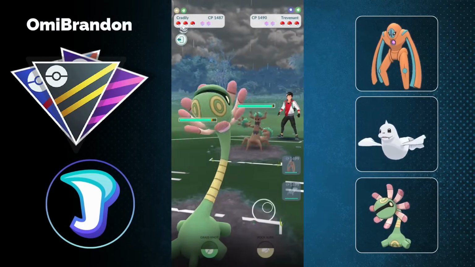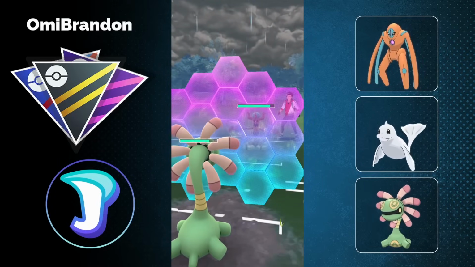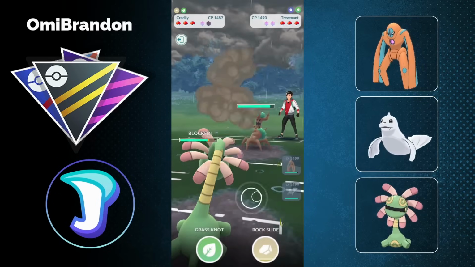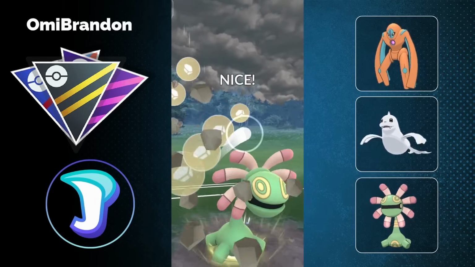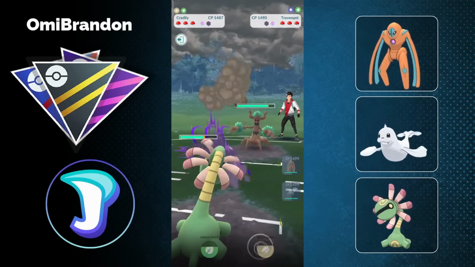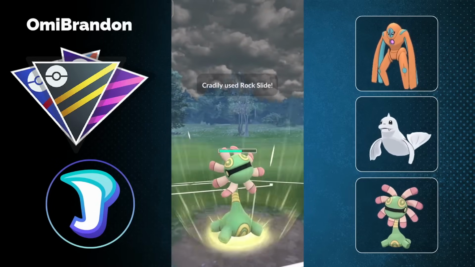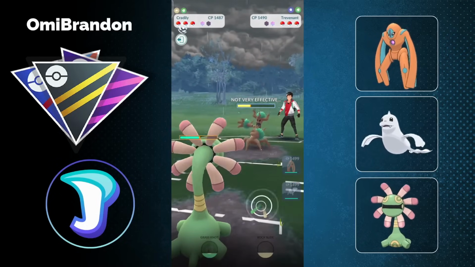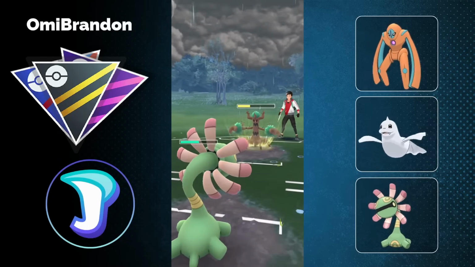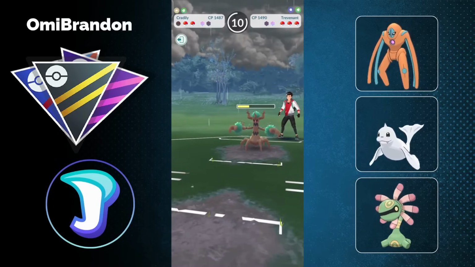Next game, we're going to have a hard counter line here with the Trevenant against a Deoxys defense. Let's see if they can come back from this. We're going to have the Shadow Ball coming through against the Cradily, and we're going to also see a Rock Slide now coming through, which is going to get shielded directly by the Trevenant, which is interesting because it wouldn't really do enough damage here. As you're going to see right now, Rock Slide does a fairly decent amount of damage, but not enough to knock out anything, as we now see a Shadow Ball going to knock out the Cradily most likely,